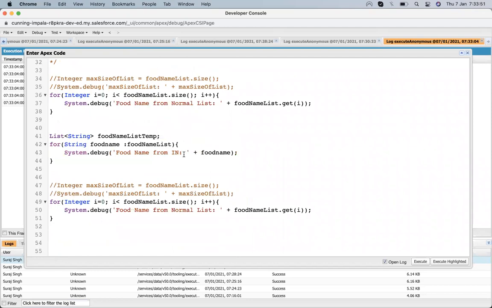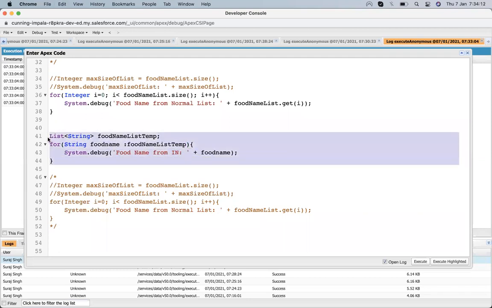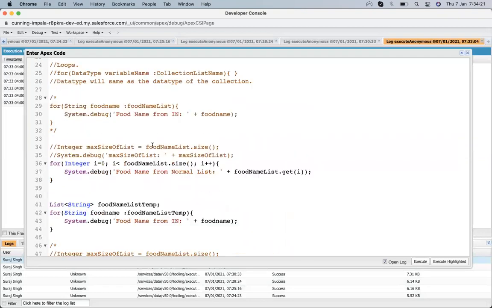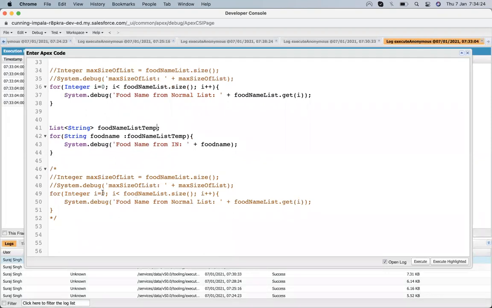I just declare a list and haven't added any element in that list, and run that list. So it throws me an error because we haven't initialized that list. And the same thing will also happen for this one.